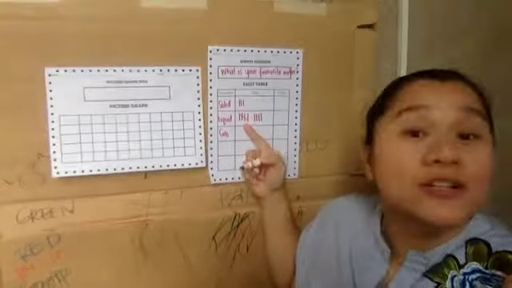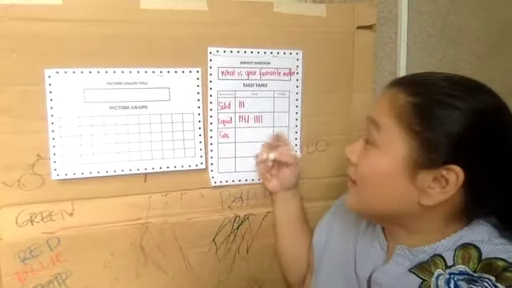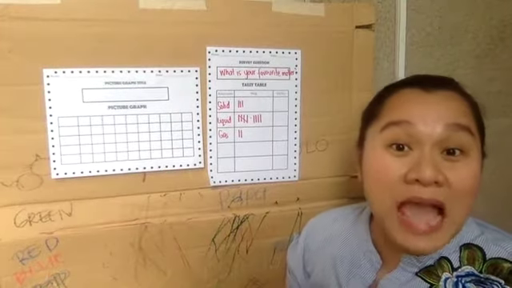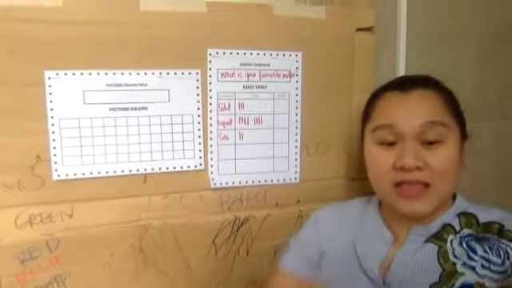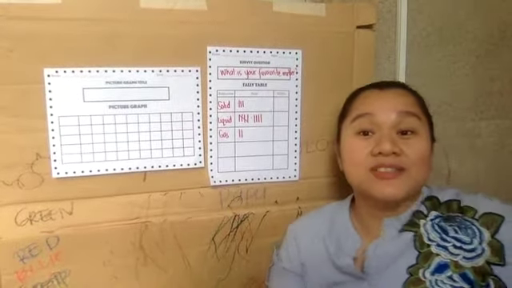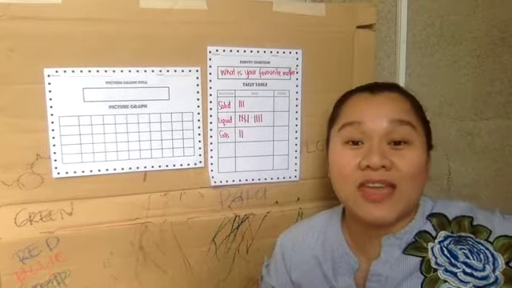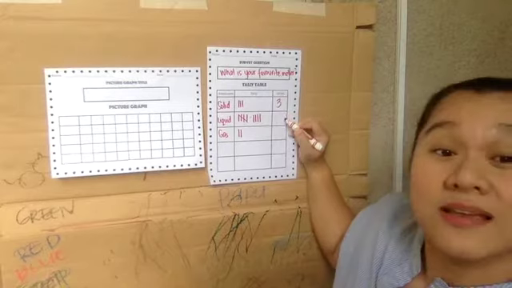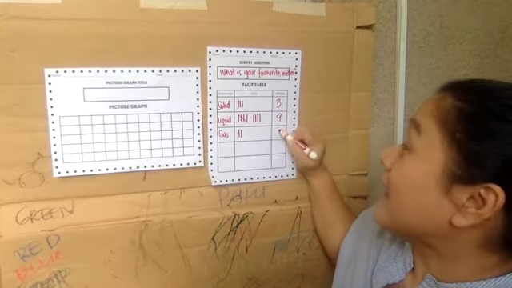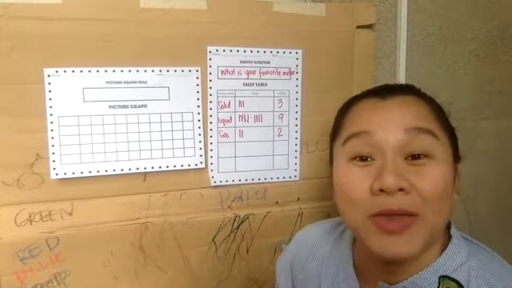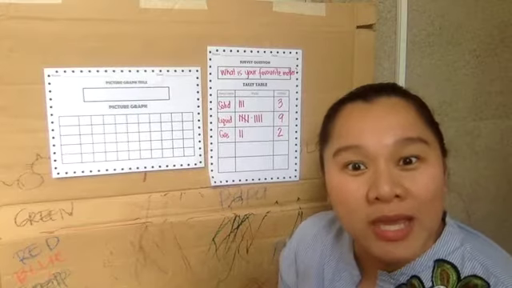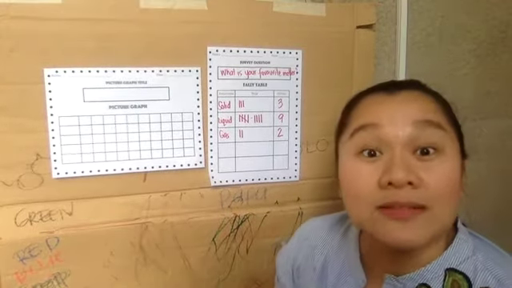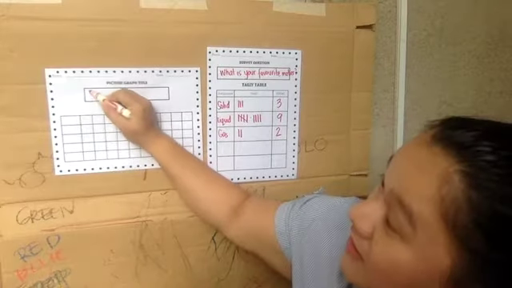Nine people chose liquid. And maybe two people chose gas. Okay, this is just pretend. This is not the real answer to your tally survey. And that means you will write the total 3, 9, and 2. Now, to make your picture graph, first put a title. And my title is